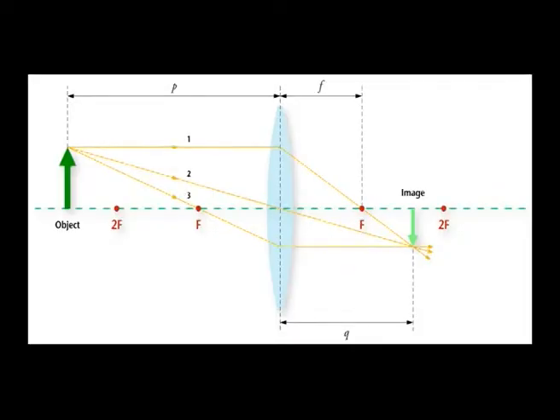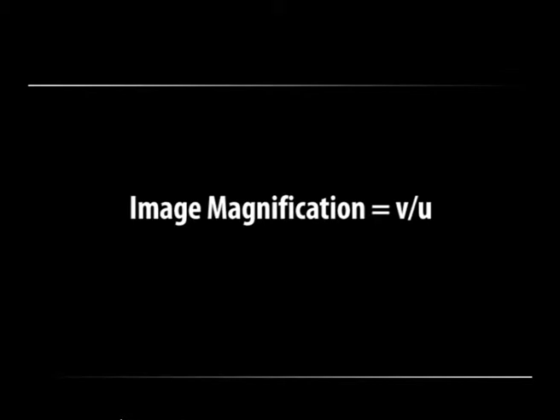Let us see another aspect which is very important, and it is known as image magnification. It is the ratio of the size of the image in relation to the object. Let us say the distance between the lens and the object is u, and the distance between the lens and the image formed is v, then we have the magnification which is v upon u. Now, if v is longer and u is smaller, we will get a magnification of a higher size. On the other hand, if u is larger and v is shorter, then we will get an image